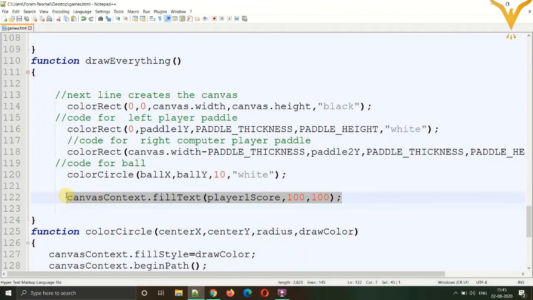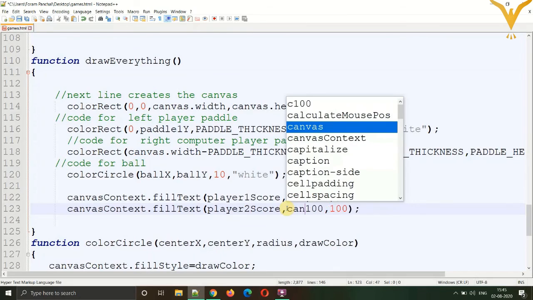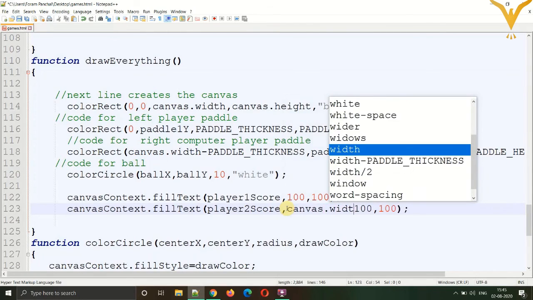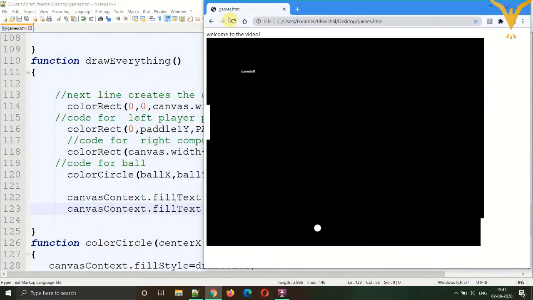Copy the same line for player 2 score, paste it once again, change the variable to player 2, and the position from the left will be 700. So we can write canvas dot width minus 100 and 100 from the top. So save, and let's refresh our browser now.